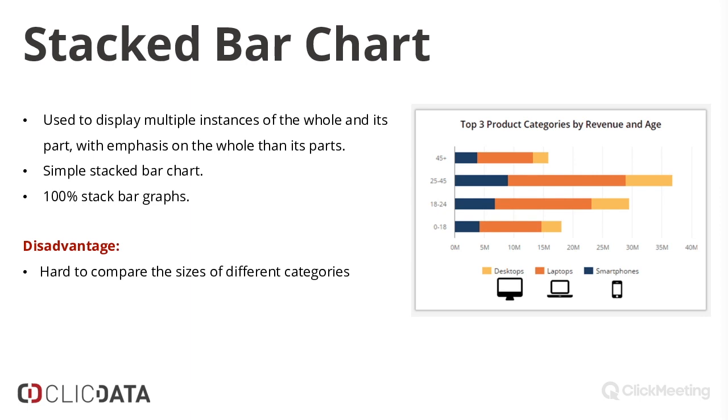For example, in the represented bar chart in the image, it is very easy to compare the revenue for the smartphone across the categories, across the age groups. But it is a little bit more difficult to compare the laptops and the desktops because they are not aligned